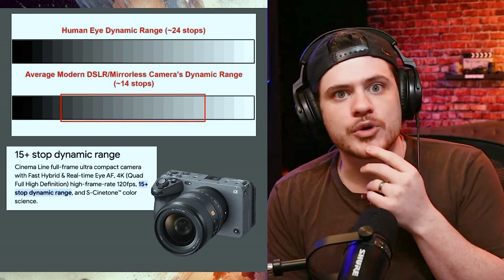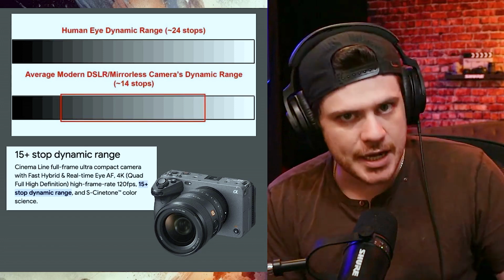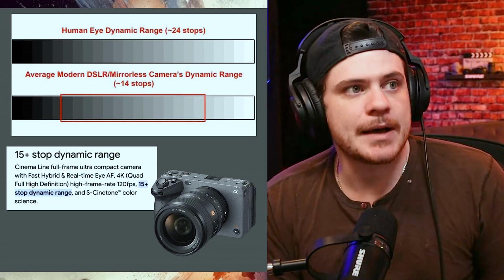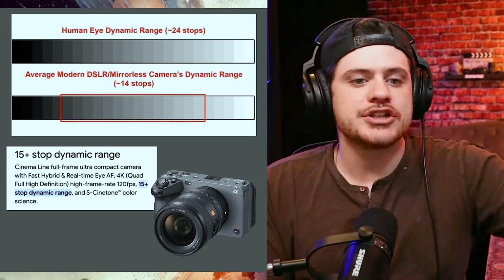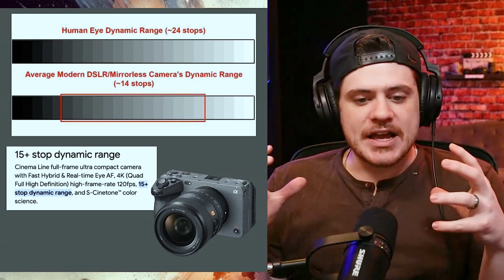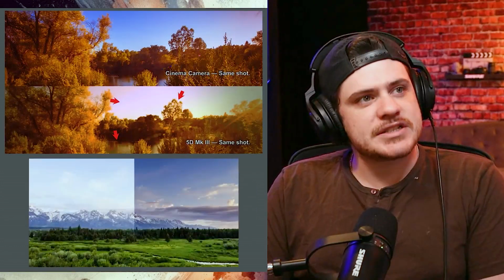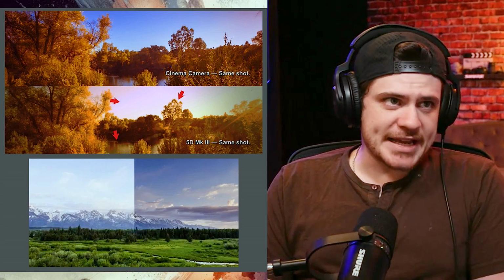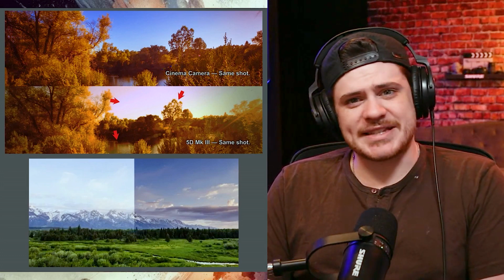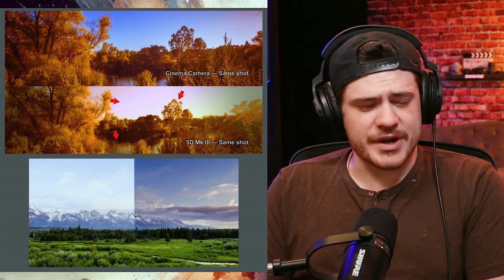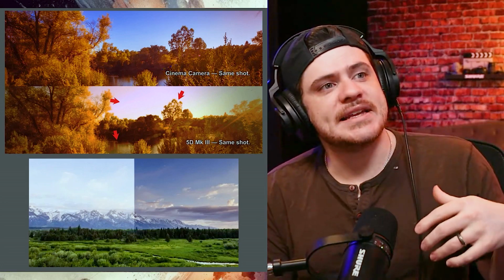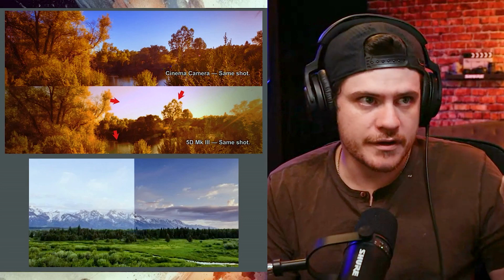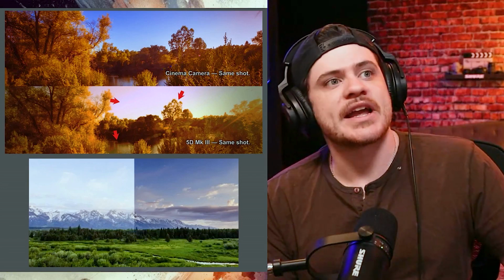So it's a very affordable Hollywood approved camera that has 15 stops of dynamic range. As cameras and camera technology progress, the dynamic range stops are progressing. But if you take a look at this at the very top, you can see that it's a cinematic camera, and that is probably like a Red or an ARRI or something that's just very cinematic with a lot of dynamic range. And below that is the Canon 5D Mark III, which has less dynamic range than a cinematic